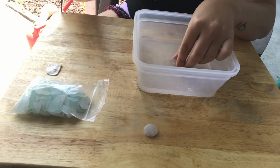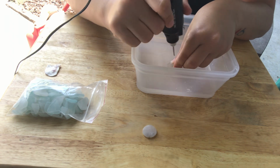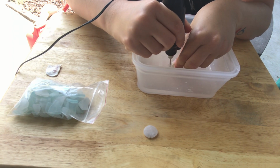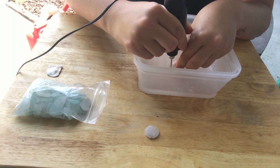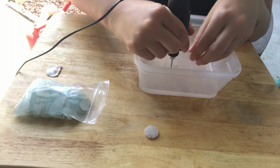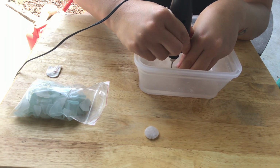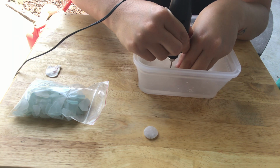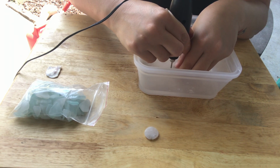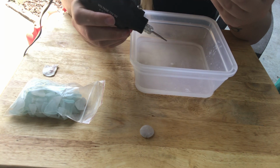You just want to hold the tool, hold the sea glass, find the spot where you want to do it, and you'll start to see the white smoke. That just means that you're going through the sea glass, so that's what you want to see. And you just apply some pressure. Okay, and you can see a spot starting to form,